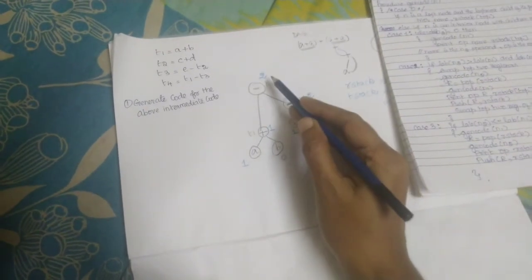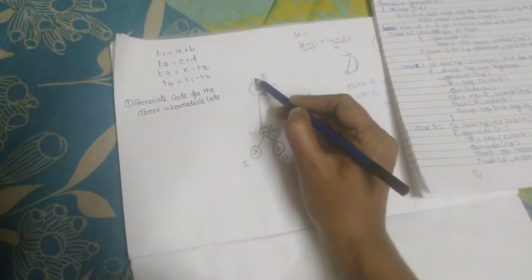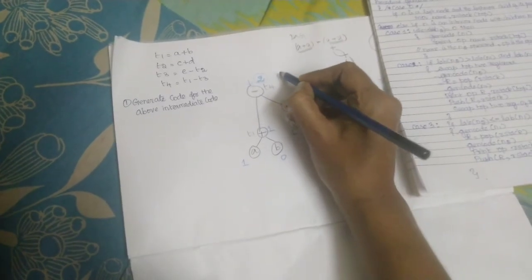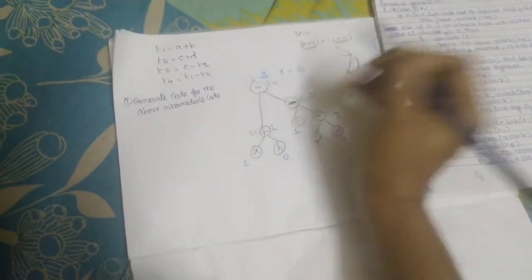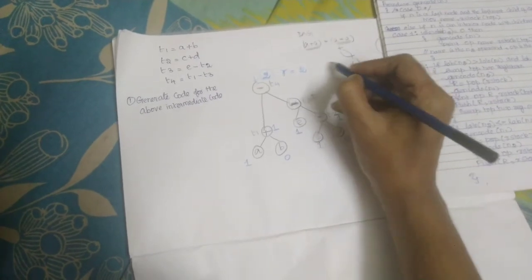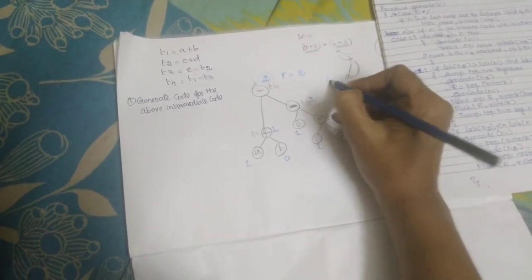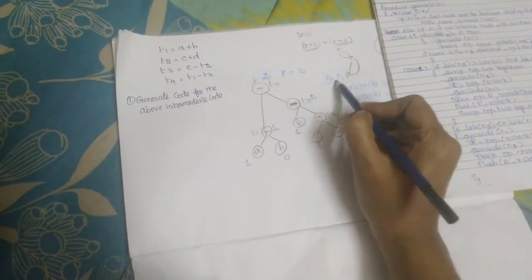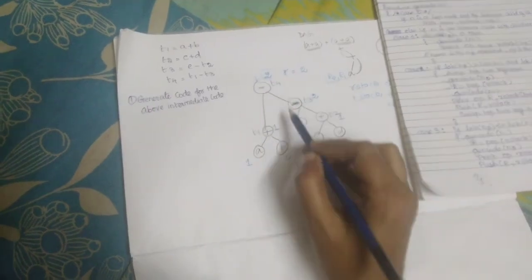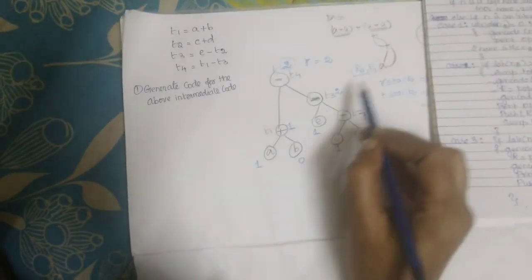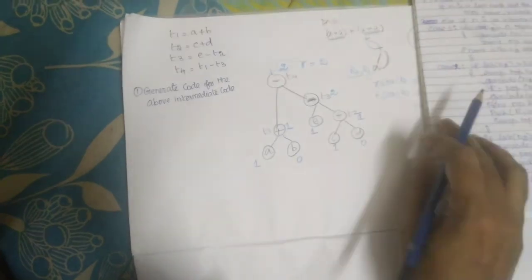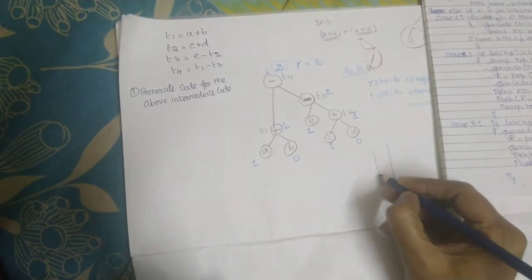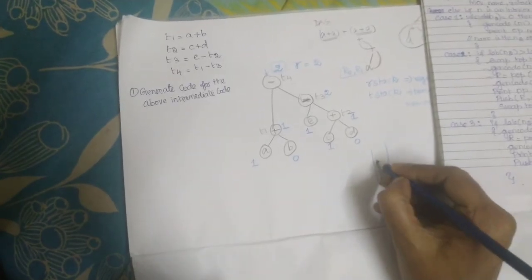The first algorithm is generating the code. You have to start from the root. The root has 2, which means the total registers you have here is 2. Normally you will take the registers as R0 and R1. These 2 registers are involved in generating the code for this. So in the R stack, you will have 2 registers, R0 and R1.